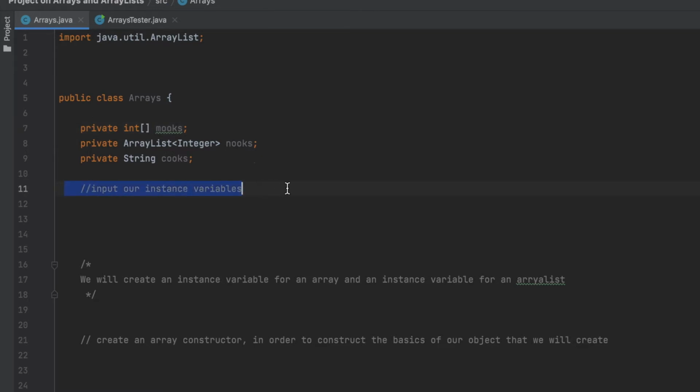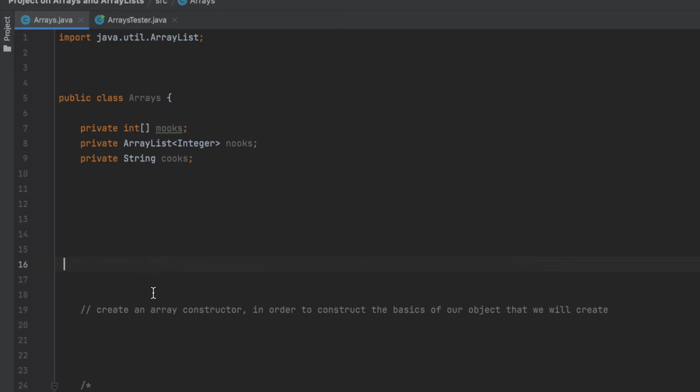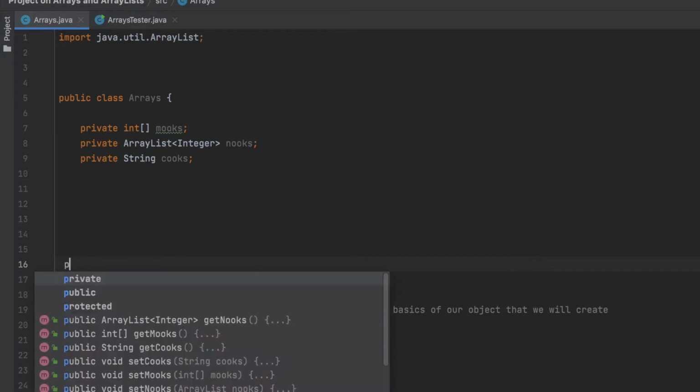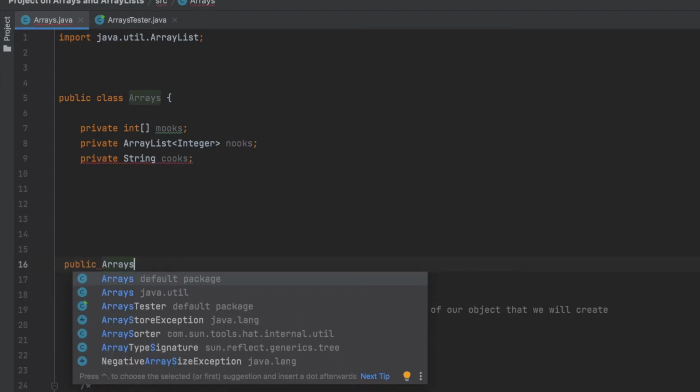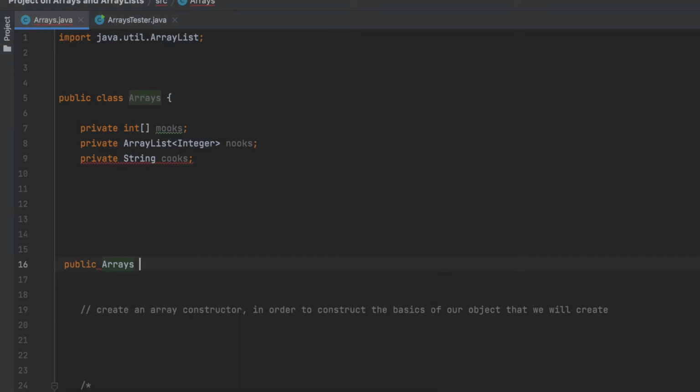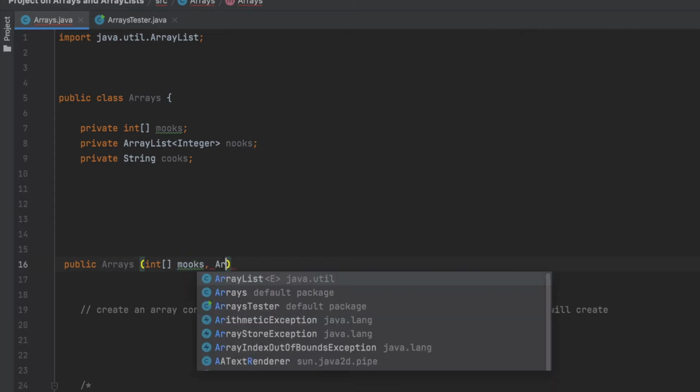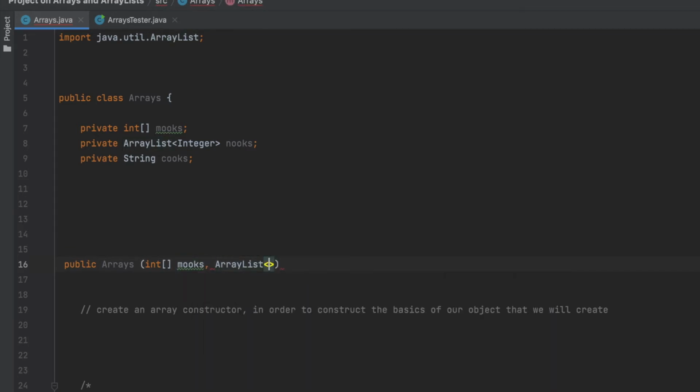So that is how we declare our instance variables for both arrays, array lists, as well as a string. So we did that. Second step is done. The next thing we need to do is, of course, create our array constructor. So constructors always have the same name as the class that we're using. So it's going to be public Arrays of, and then we can use essentially the same names as the array and the array list. So integer of mooks, and then array list of integer of nukes,